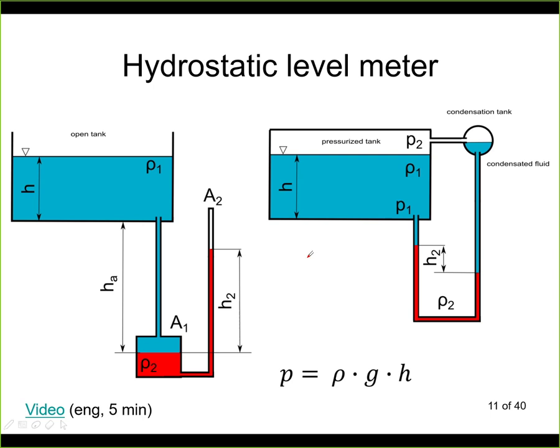It is nothing else than a pressure gauge, and this pressure gauge measures the pressure at the bottom of the tank. So you can virtually take any kind of pressure sensor, you can make a hole in the bottom of the tank, or you can place the sensor directly in the tank on the bottom,